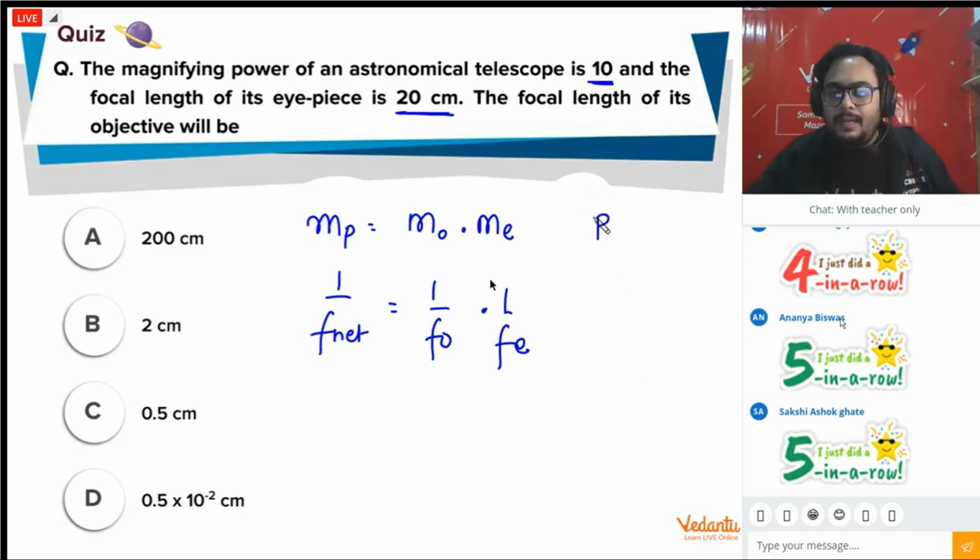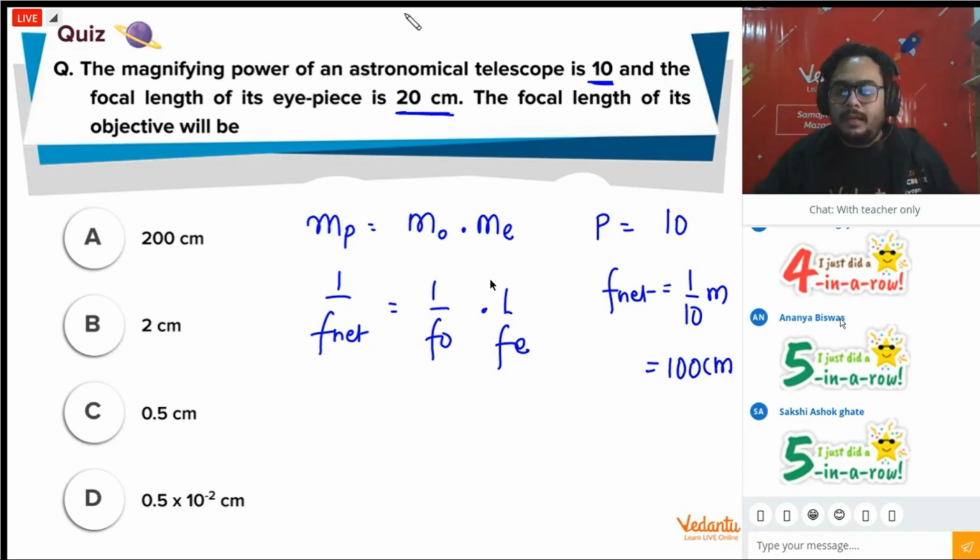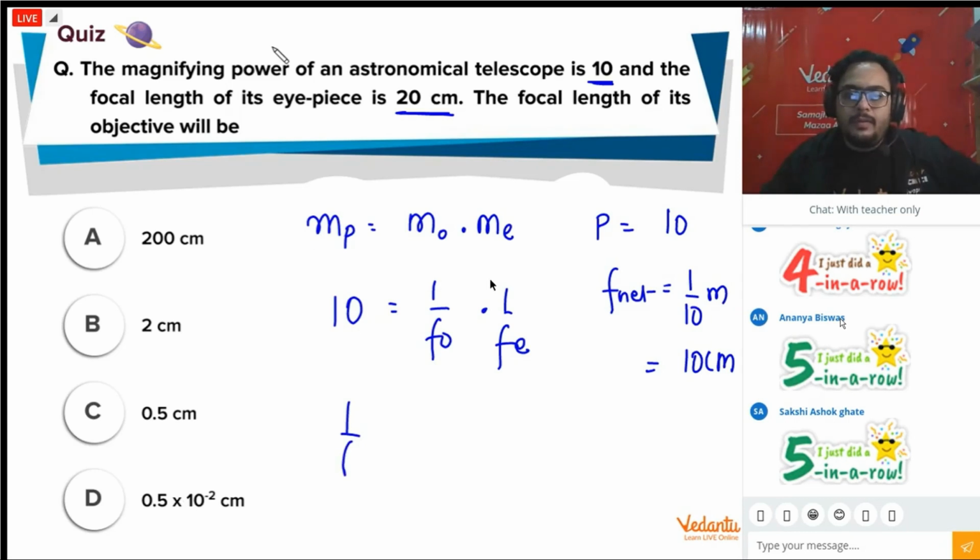So if power is 10, then focal length will be 1 by 10 meter, which will be 10 centimeter. Are you getting my point? Are boliye. So what can we say? Power is given to us, or we don't even need to do this. We can simply write it like this. Power is directly given 10, FO by FE. So I need to calculate FO. It will simply be 10 times the